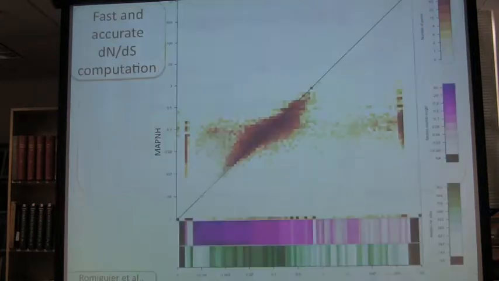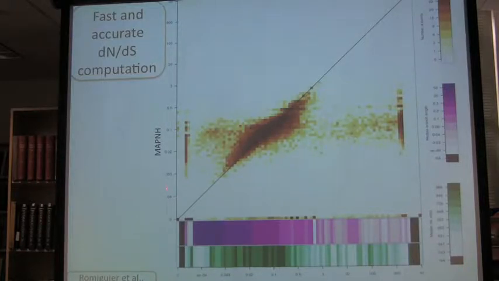It's also accurate if we compare its inference to PAML, the software that is basically the reference. So there on the y-axis you've got our software MapNH, and you've got PAML on the x-axis. And basically you see that there's a nice correlation. You can also see that there's quite a spread in the PAML inferences of the DNDS ratio. So to me that's